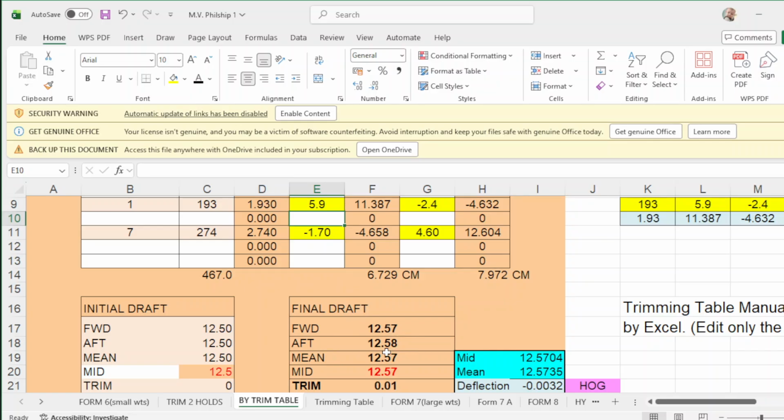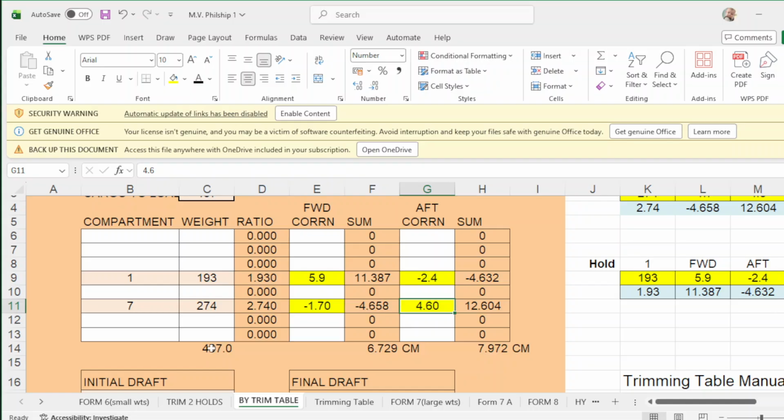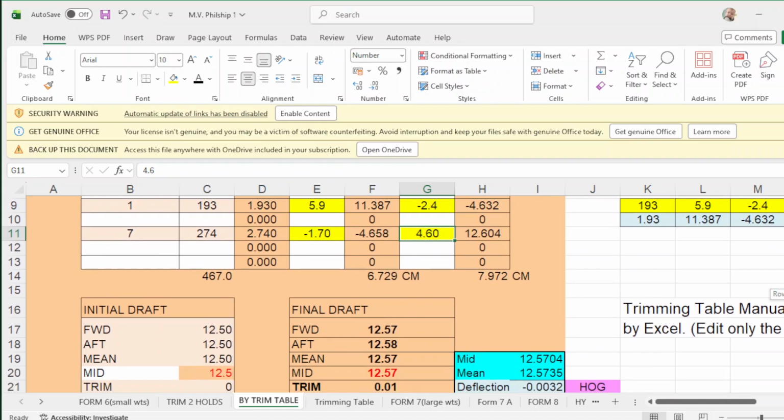Now look at your up. It is a little more, 1 centimeter more. This is your up drop, up correction of hold number 7. So what you do, you lessen this one or deduct. Let's say it makes it 4.4. Take note of your up drop.